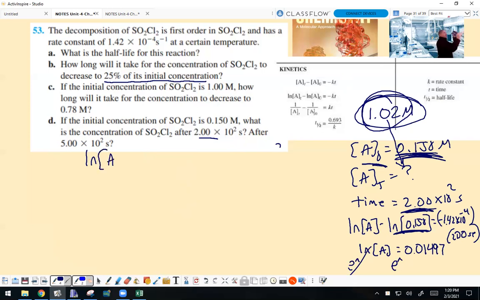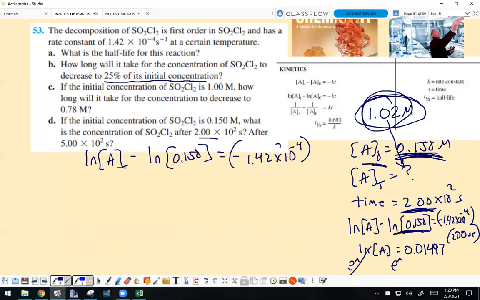Like I said, I'm going to use my handheld calculator this time just to make sure. So we're looking for the concentration at 200 seconds: minus the ln of the initial concentration, which was 0.15, equals -k, which is 1.42 times 10 to the -4, and then 200 seconds, so 2.0 times 10 to the second seconds. So let me multiply this over here first. So 1.42 times 10 to the -4, so this is -0.0284 equals,